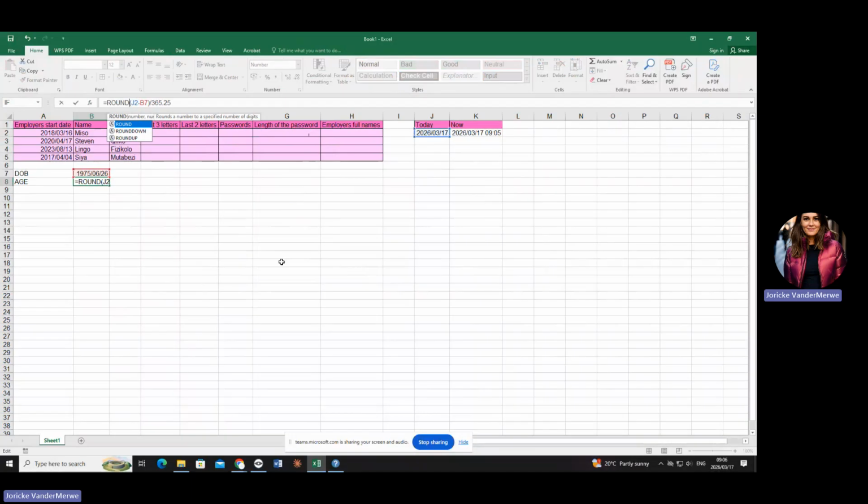The ROUND function says the number and then rounds the number to the specific digits. So we need to make another bracket there, and then we say comma 0 because we don't want any decimals.